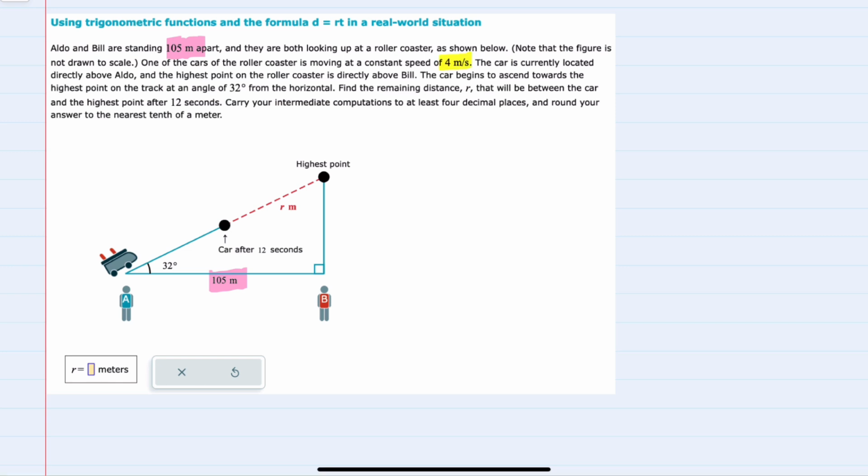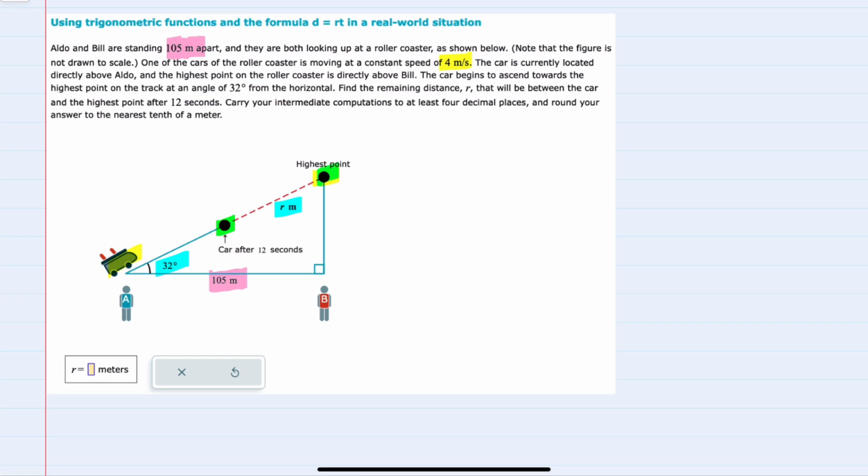The car is currently located directly above Aldo, and the highest point on the roller coaster is directly above Bill. The car begins to ascend towards the highest point on the track at an angle of 32 degrees. So I also have this angle, 32 degrees. Find the remaining distance, r meters, that will be between the car and the highest point after 12 seconds. So after 12 seconds, it will be about here, and we want to find the remaining distance to the highest